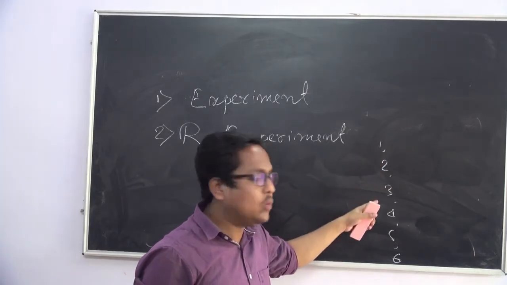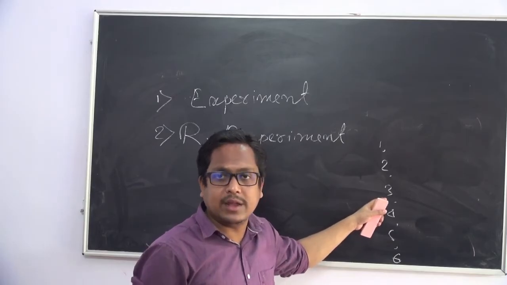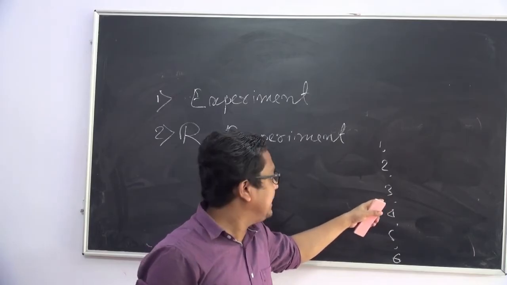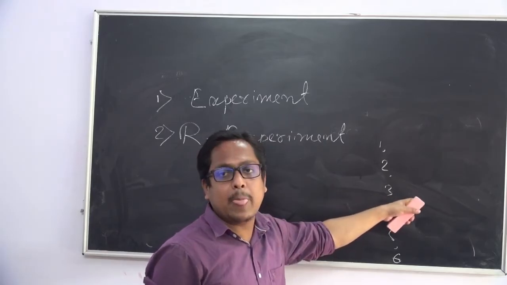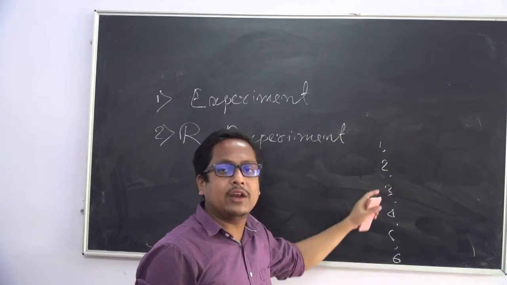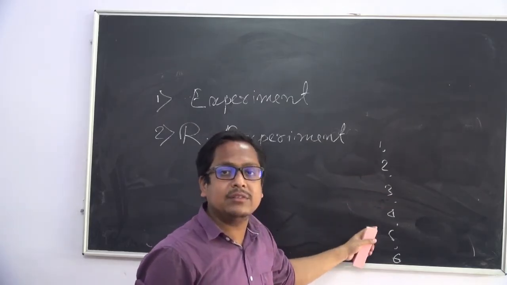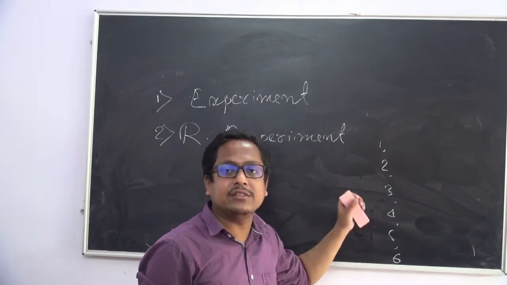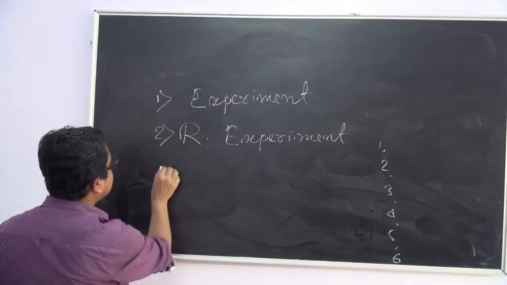Any one of these outcomes may appear on the upper face of the die, but we cannot say in advance that the outcome 3 will come. So this is called a random experiment. That means an experiment whose outcome cannot be predicted in advance, or is determined by a chance factor, is known as a random experiment. Next,